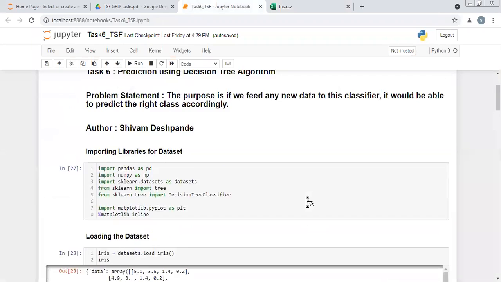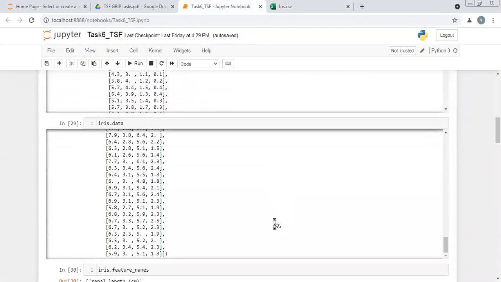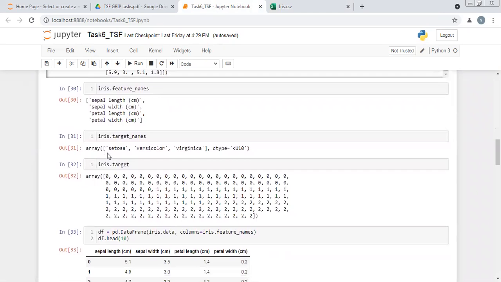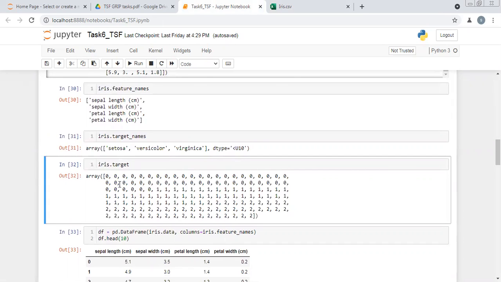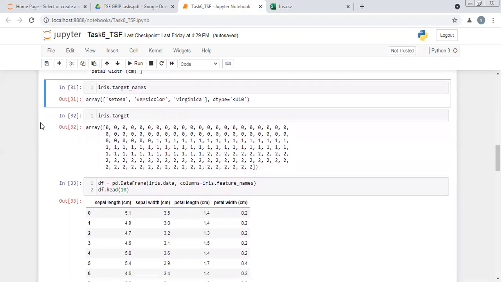Now, the function that I said just earlier, the DecisionTreeClassifier, requires only numerical values for building the classifier. It cannot accept any categorical value, but these are categorical values. So what we need to do is encode these values into numerical ones. iris.target does this for us. Setosa has been encoded to 0, Versicolor has been encoded to 1, and Virginica has been encoded to 2. So this is one part.